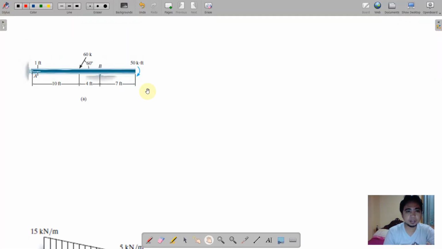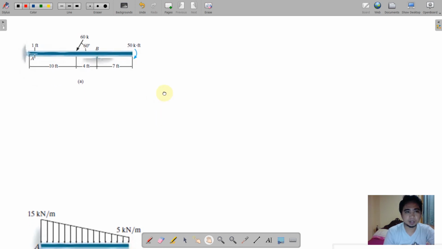Okay, so let us now proceed to applications of the three equilibrium equations. This was not new to you because na-practice nyo na ito sa statics or the engineering mechanics you had during your earlier subjects. So, you know how important the reaction is, no? Kapag nagkamali tayo dito, lahat na ng analysis mo mali na. So, we are not really allowed to have a mistake on